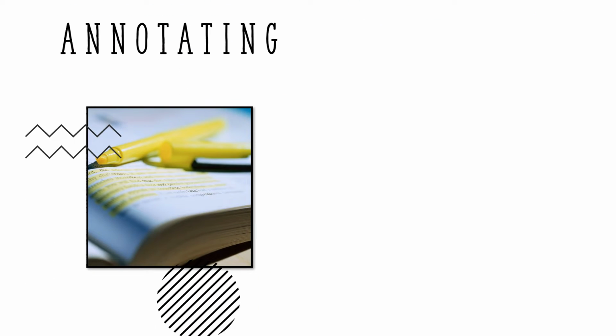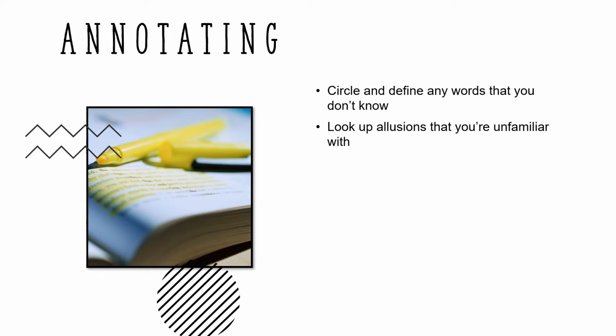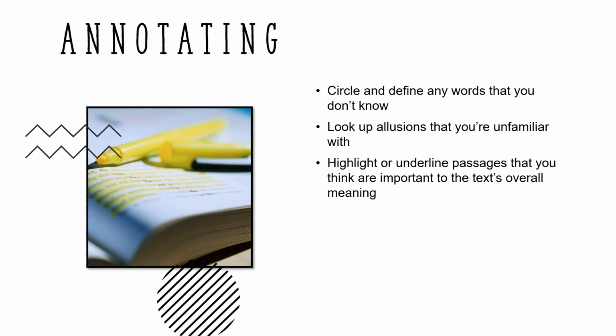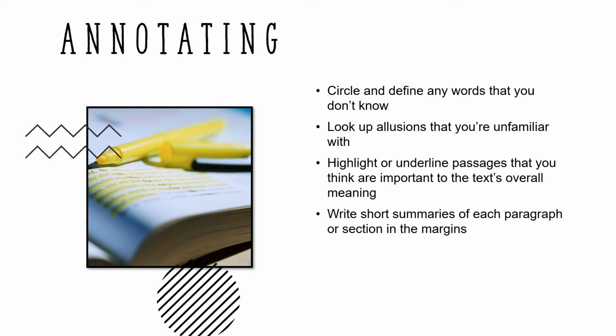You should also annotate the work as you read. Circle and define any words that you don't know, and look up allusions that you're unfamiliar with. We'll talk more about allusions later in this presentation. Highlight or underline passages that you think are important to the text's overall meaning, or write short summaries of each paragraph or section in the margins. If you have questions about the text as you go, write them in the margins as well and see if you can